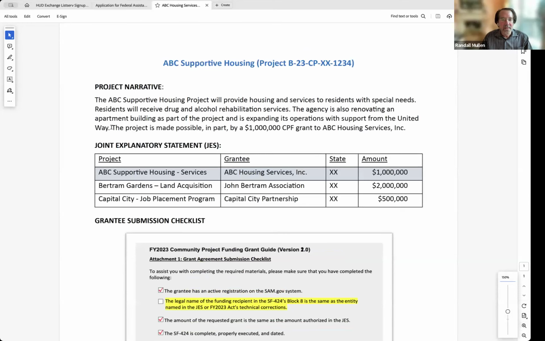The project is made possible in part by a $1 million CPF grant to ABC Housing Services. But this does not say whether that $1 million will be used for housing, for services, for operation, or something else.